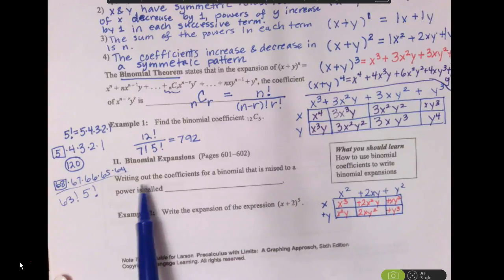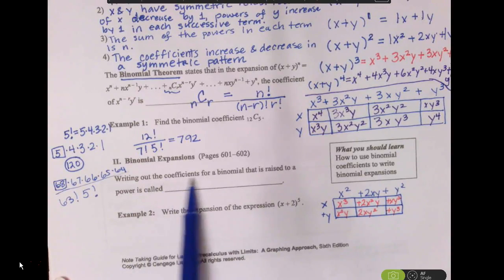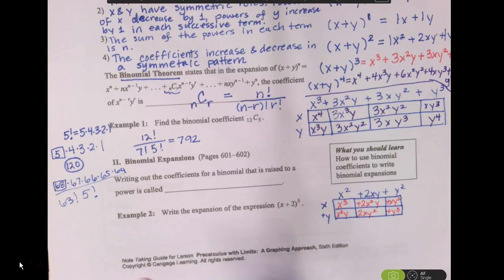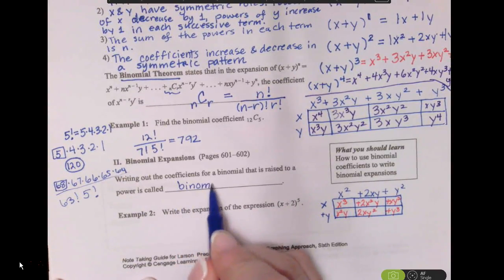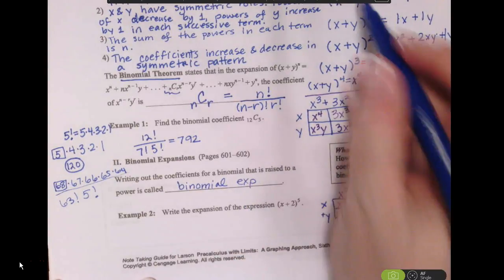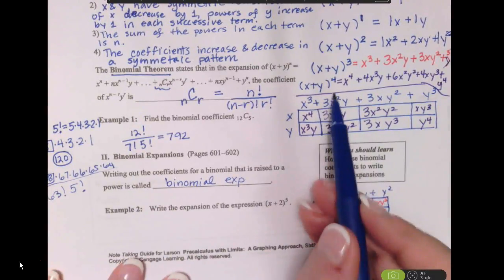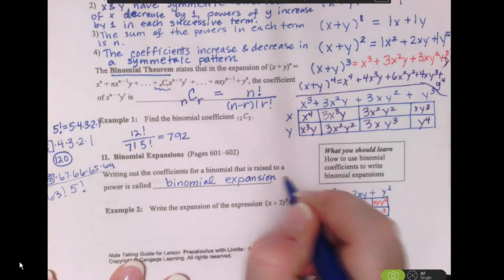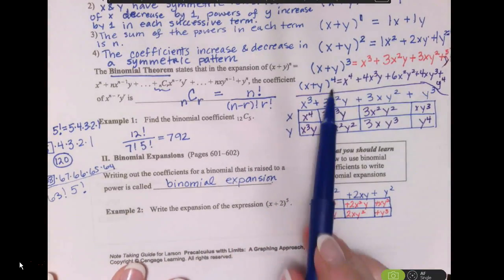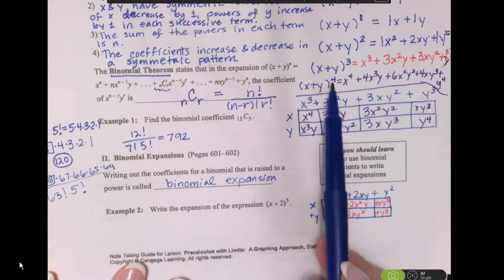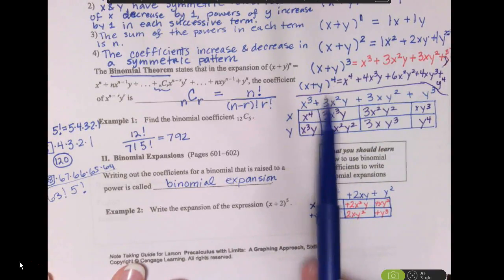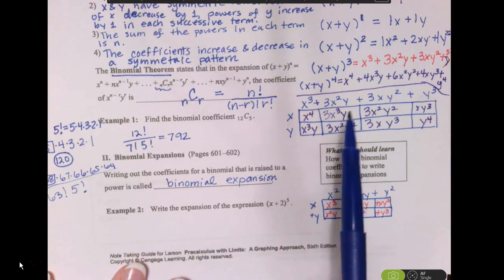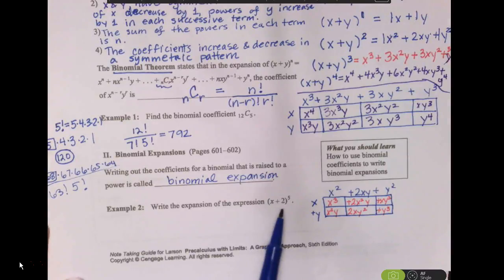So what we're really concerned about, though, is writing out the coefficients for a binomial that's raised to a power, and that's called binomial expansion. And it's really easy what we did here on the side. You can expand binomials just by using FOIL if your power is not too high. But really, anything above a 4th power, it gets to be quite tedious, and the potential for making a mistake is pretty big. So we want to practice using binomial expansion in order to expand out this binomial, x plus